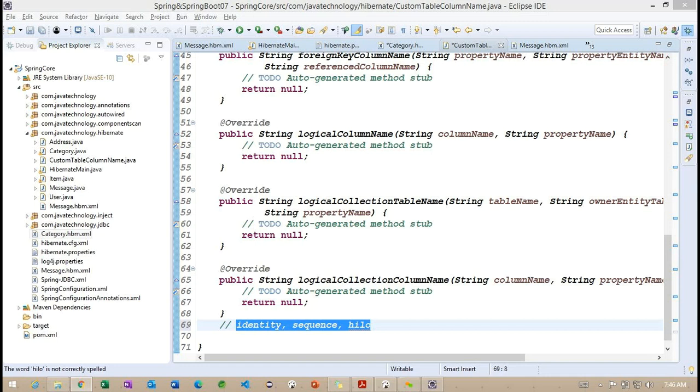For this Postgres database, the sequence is supported. While inserting a new record into the database, what happens internally? First, Hibernate is going to load the next value of the sequence, the next value of this primary key. Whatever next value we get is assigned to this primary key.